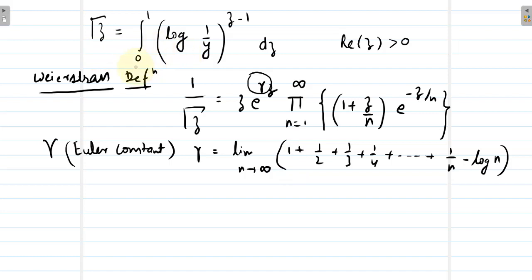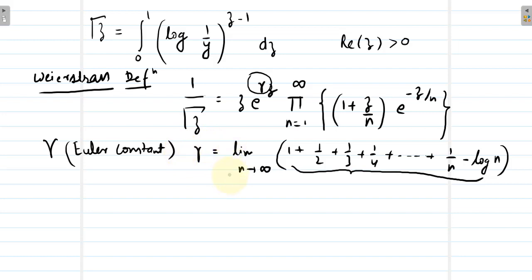Whenever we are trying to define some constant as the limit of a sequence, we need to prove that this particular sequence is convergent. Now, if the sequence is convergent, obviously it will be bounded, and if it is bounded, then we need to find its bounds also,